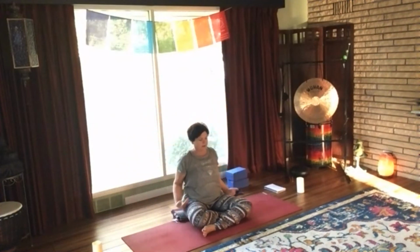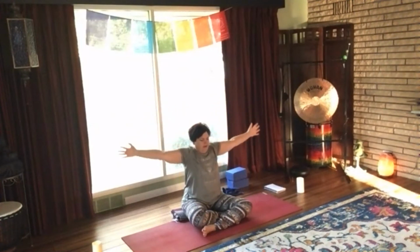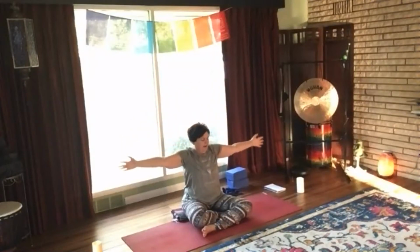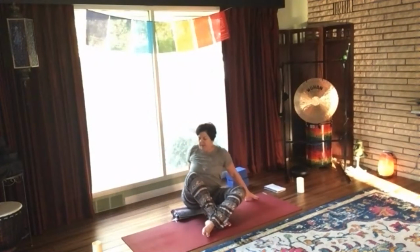And follow your breath. We're going to do two more. Nice deep breath in. Exhaling it out. Last one. Nice deep breath in. And exhaling it out. And we're going to slide right off of our blanket and come into the long way